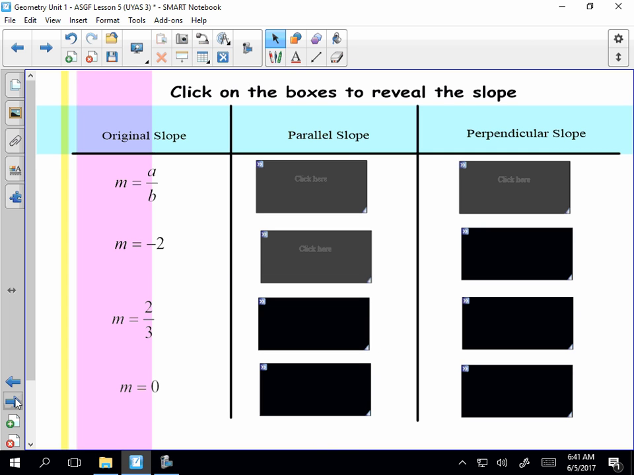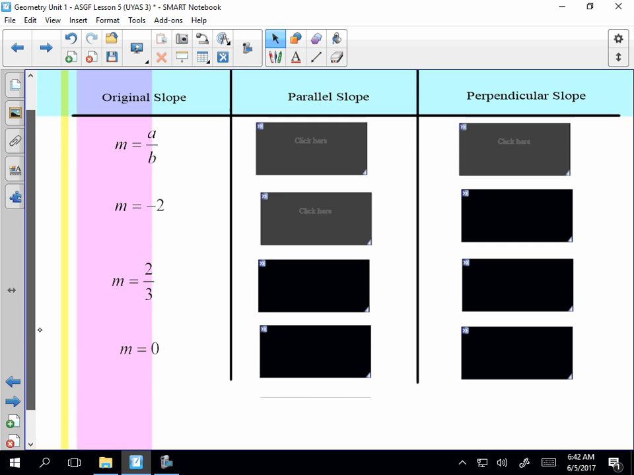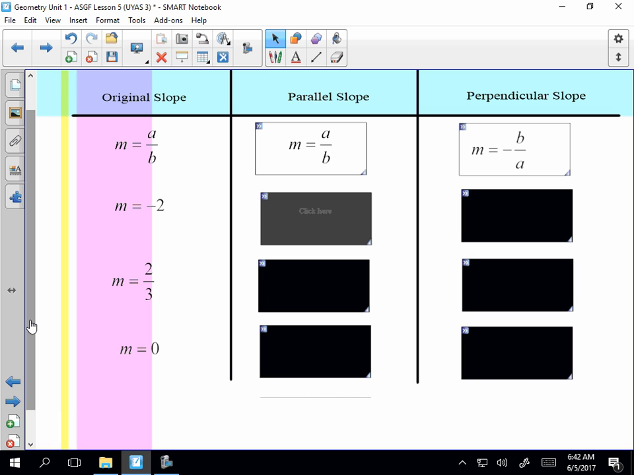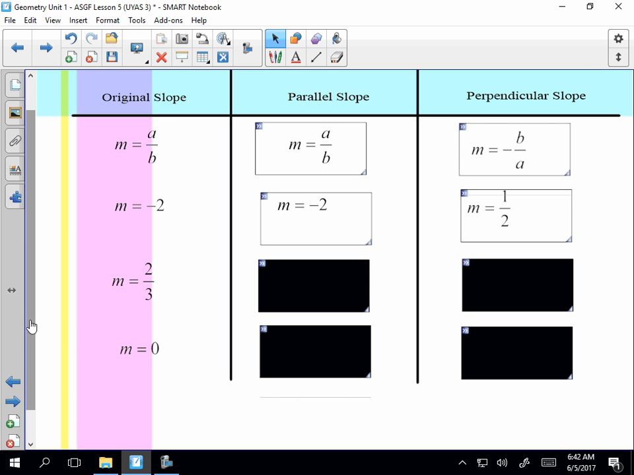Now, just some quick practice. How can we find parallels? How can we find perpendiculars? Looking at any slope we can be given: for a slope of A over B, the parallel is A over B. The perpendicular has the opposite sign, and we flip the fraction to get negative B over A. If the slope is -2, parallel is -2, perpendicular is positive, changing the sign and flipping the fraction, to 1/2. If our original slope is 2/3, parallel is 2/3, perpendicular,